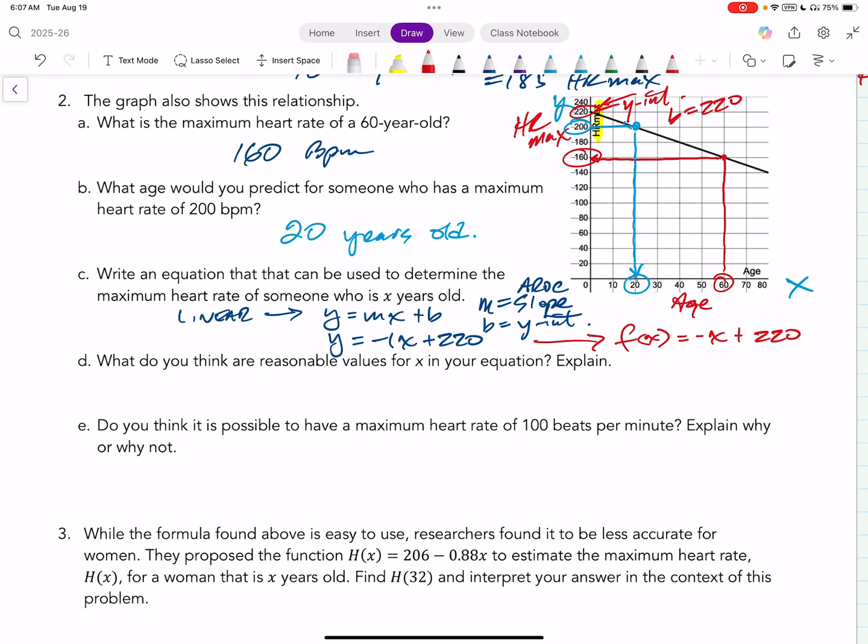All right. Then in part D, it says, what do you think are reasonable values for x in your equation? Okay, now we're talking about x here, and x is with respect to the domain. So they're basically asking you, what is the domain of the function? What are reasonable values for the domain? And then you just have to use a little bit of common sense here. First of all, age cannot be negative. So it's not the set of all reals. So the minimum age would be 0, and then the maximum age would be around 100, 105,